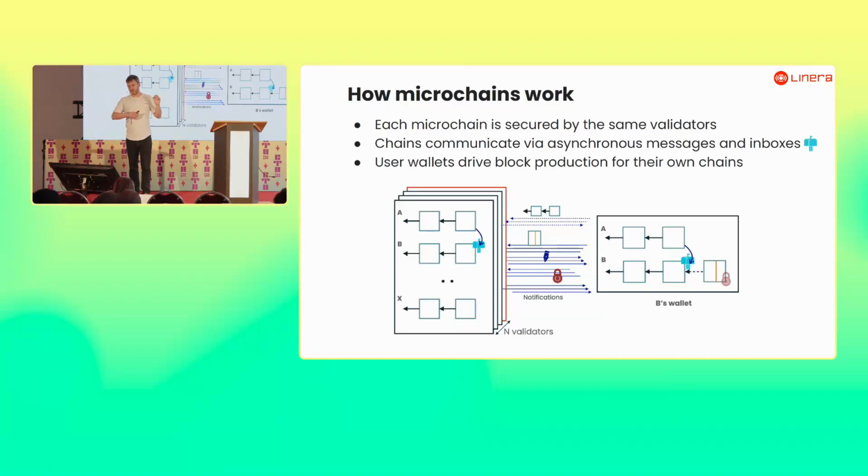So we're going to have a number of validators. They are going to be maybe a bit larger than Ethereum validators because we're going to ask them to validate the chains of all the users. The microchains of all the users are going to be secured by the same validators. They're going to have the same level of security, and we're going to have asynchronous messages between them. And so the nice thing about designing a system like this is that you can use the internal network of validators and make the messages way cheaper and way faster than in traditional blockchain sharding systems, for instance.